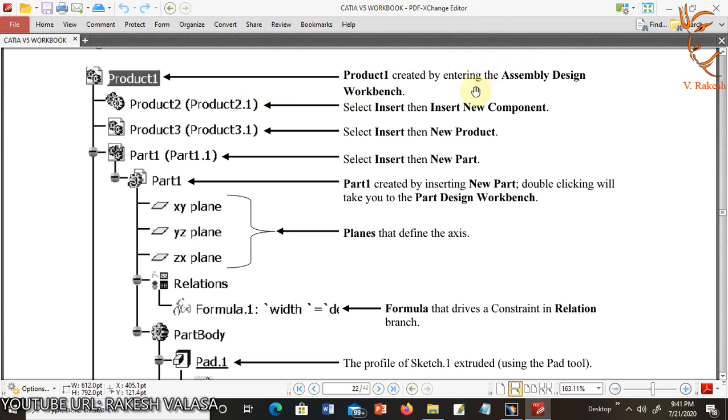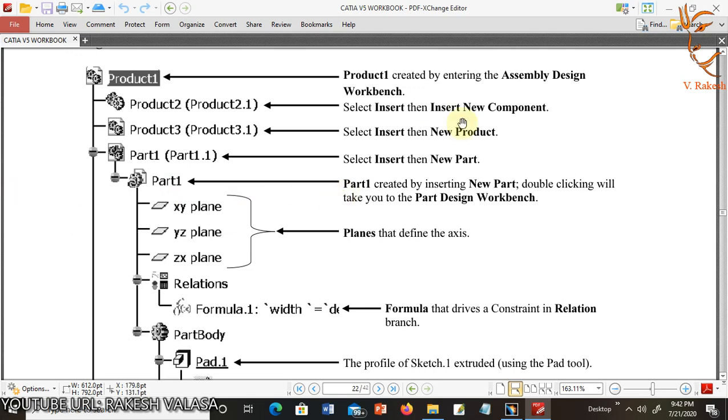Product one is created by entering the assembly design workbench. The product two, that means product 2.1, select insert, then insert new component. Product 3, product 3.1, select insert, then new product. Part 1, part 1.1, select insert, then new part.